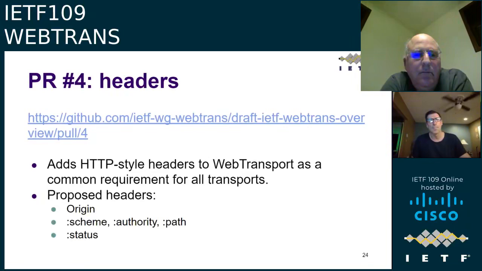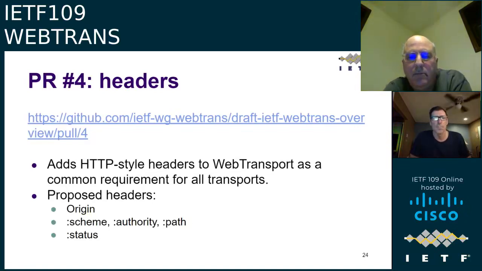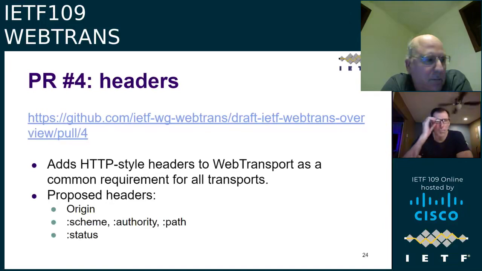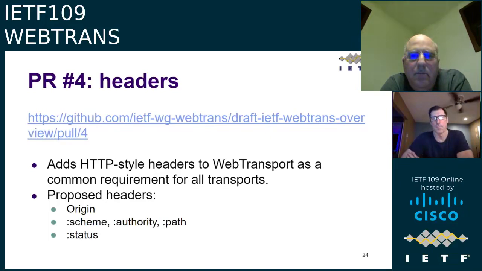Then we added a very bespoke unidirectional header format called client indication, and that is what's currently in the Chrome implementation in the origin trial. And in the latest revision of the draft, which I have yet to upload because I also need to solve some issues with error handling, there are actual fully featured headers, which I tried to basically replicate the HTTP fields where there was an equivalent HTTP field, and the fields defined are origin, scheme, authority, path,